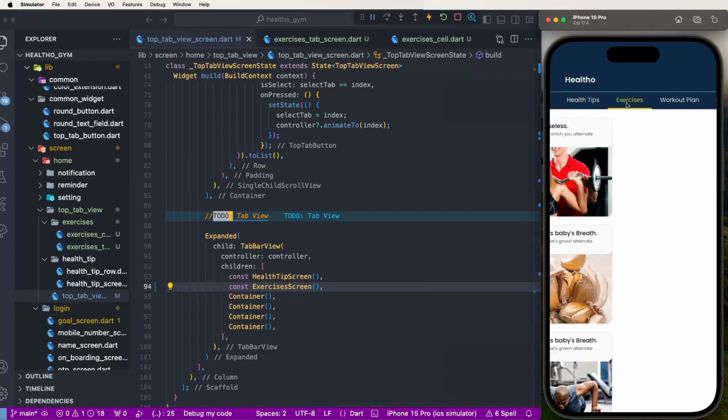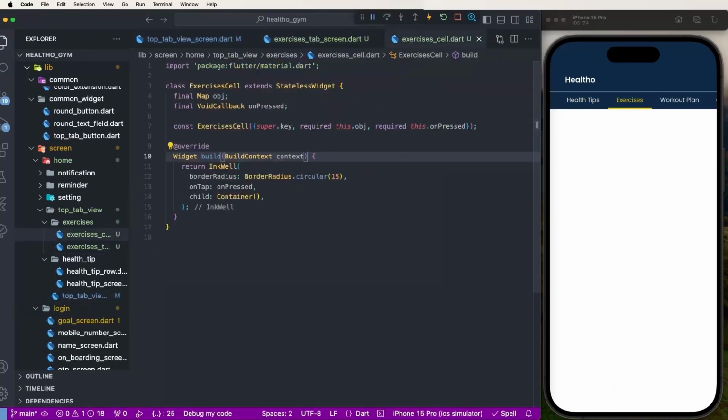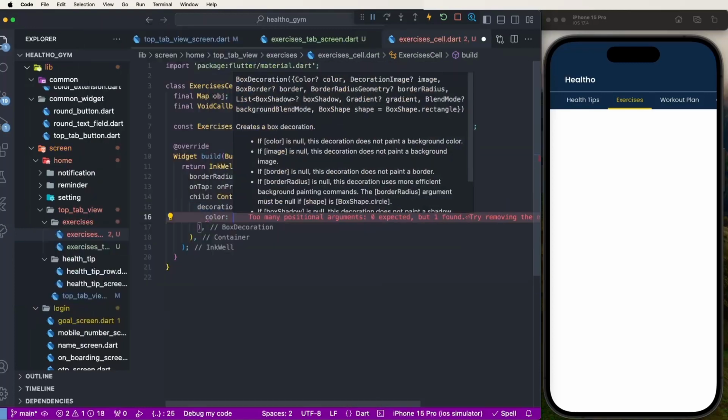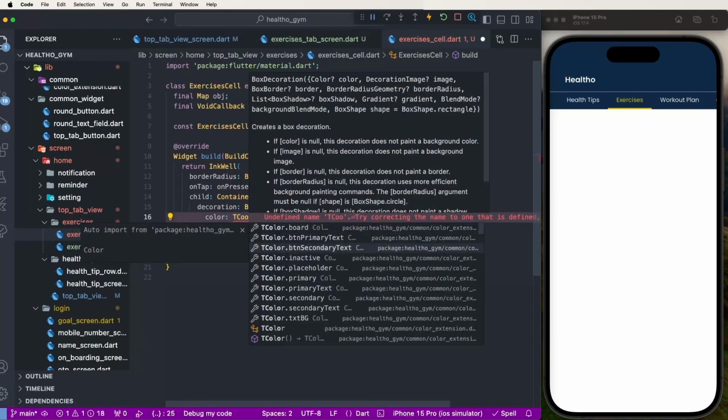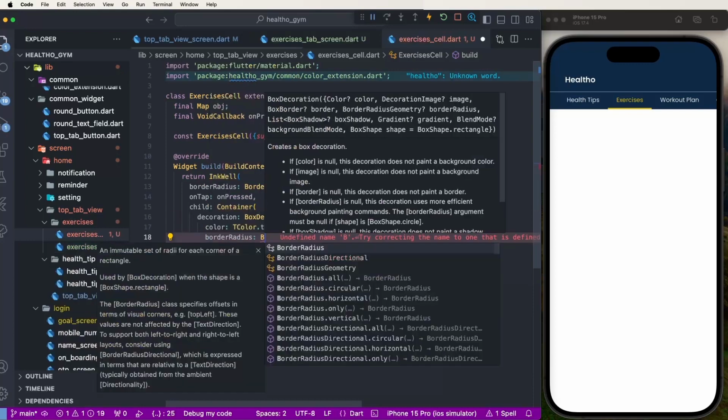Now we need to change the tabs and openings here. Now we need to draw the cells first of all. We need to create the decorations for these cells. To set the decorations, BoxDecoration, we set the colors, the text background colors. Then after that, the border radius, we set circular 15